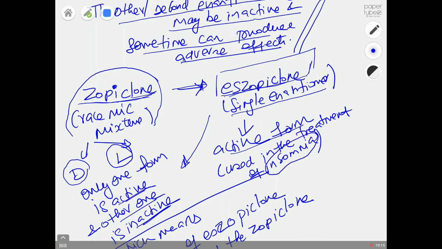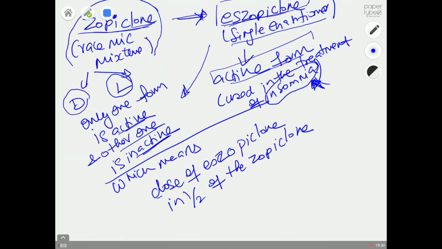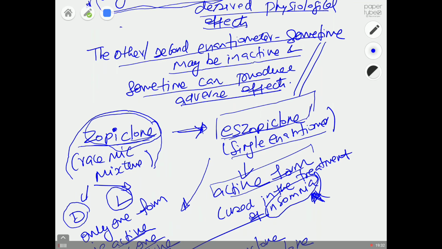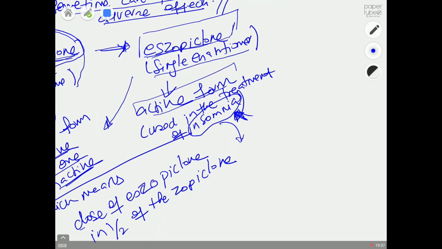Everyone, at least most of the people, have this one, including me. So what does this mean? If you manage to crystallize only the active form, then we can reduce the dose. For example, we have to give zopiclone, say 1 milligram, but for this drug we can just give 0.5,